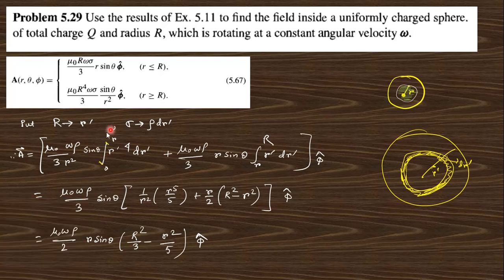So this is the expression you will get. For this region, this is an outer point, so we put this expression, but r is changed into r prime. That's why this is r prime to the power 4 dr prime, because rho and dr prime are constants. And for that one, this was the inside point, so we put this expression for small r to capital R, and here capital R changes into r prime. Now if you integrate, you will get this expression. So this is the magnetic field.